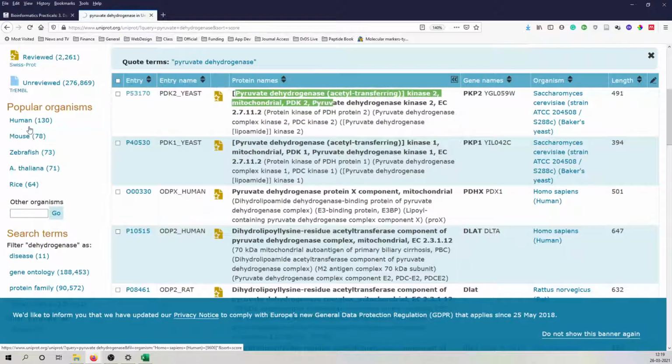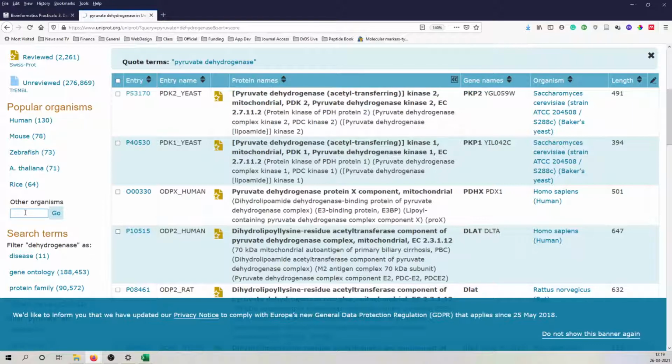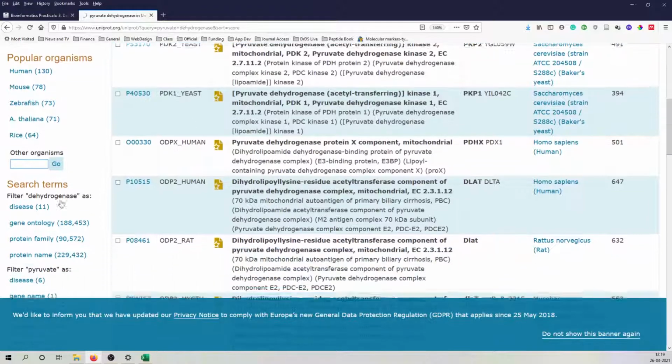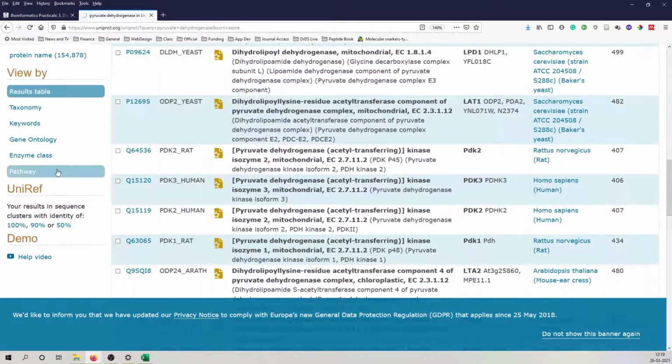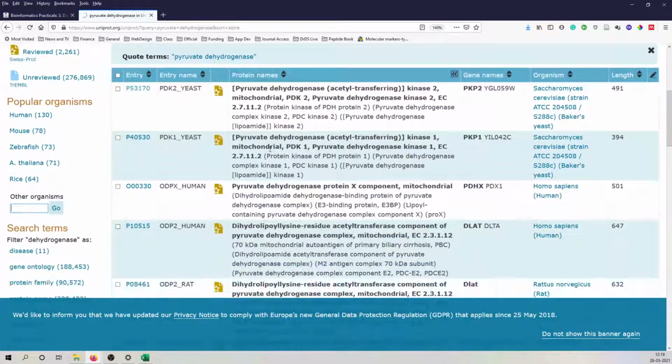Now also you can filter the results using different organisms, and if you have some specific organism, you can click on this checkbox or the search box and type the name of the organism and click on go, so that the entry from the corresponding organism, if it is present, will be displayed. Now, gene ontology and various other filtering tools are there on the left panel. So if you are interested in one of the particular entries, you can click on that entry name.